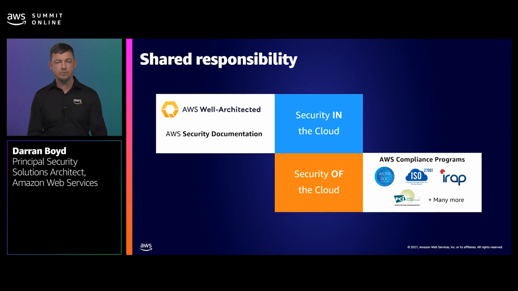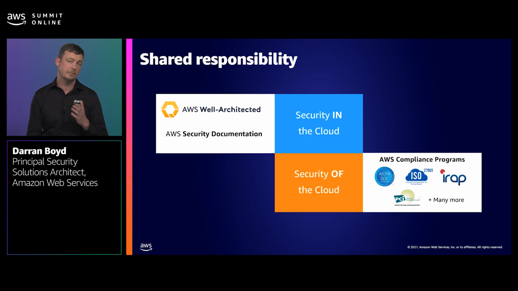For the portion that's your responsibility, there are a number of resources that we provide to you. We'll be touching on two of them. The first is the AWS Well-Architected program. This is taking our best practice guidance in terms of how you architect for the cloud across 5 different pillars, namely operational excellence, performance, reliability, cost optimization, and of course, security. And you will use these to guide your architectural decisions to adhere to what we consider to be the best practices.